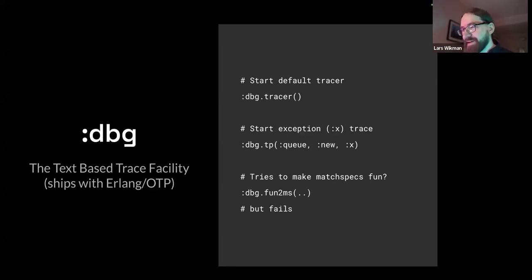Kind of obvious, I'm sure. And then they tried to make match specs fun. I don't think dbg fun to ms really worked under Elixir, or there was something weird when I tried it. But I didn't find that it did make match specs fun. It might make them simpler to write under Erlang, but